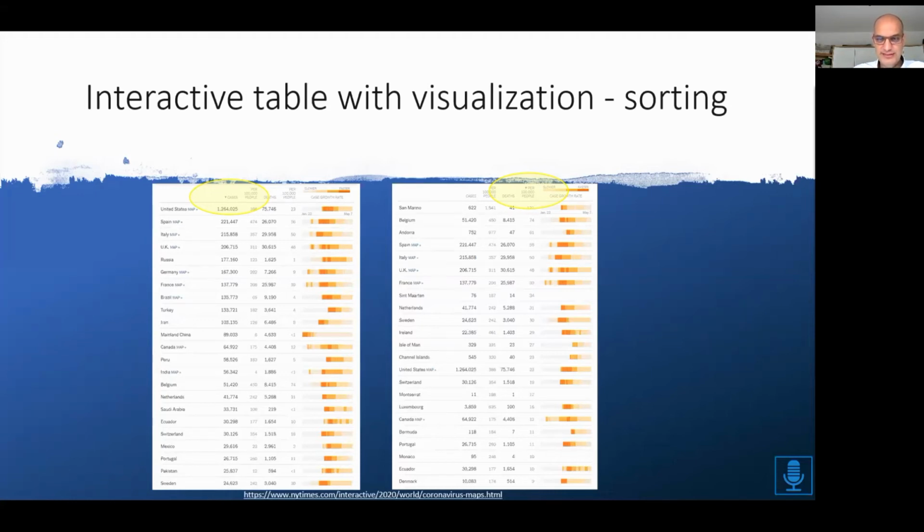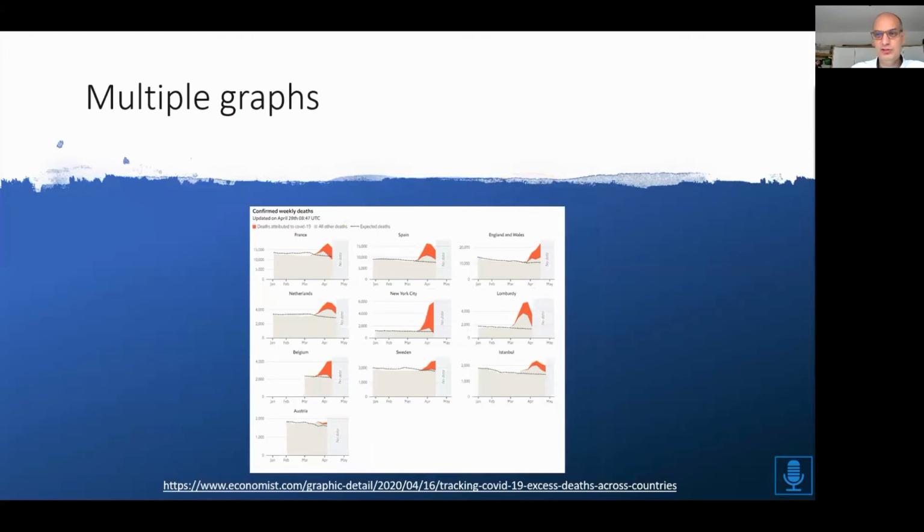Another way to show this data and to display this distribution over time in a better way than just having these bands with the color is having these multiple graphs. With multiple graphs, you can have, for example, very nicely all these different lines for the different countries where you see the development. And then you have the lines for the expected death rate, and then you have the lines that are the actual death rate. And then the difference between these lines is color-coded here in terms of the COVID-19 cases